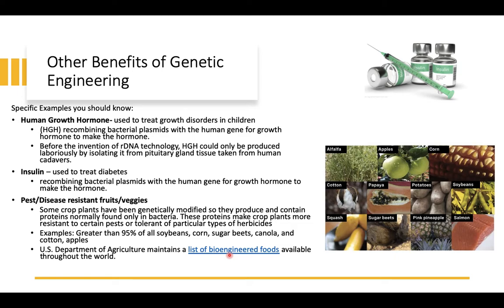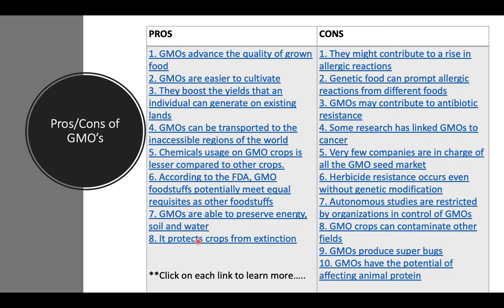that a lot of the foods that we find in the supermarket that are non-organic foods have been genetically modified one way or another. 95% of all the soybean, corn, sugar beets, canola, cotton and apples are genetically modified products. All right, so the last thing you are going to want to write down in your notes are